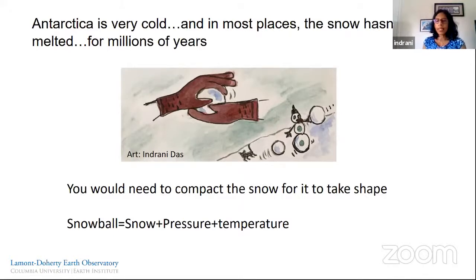What is a snowball? Basically, you pick up a lump of snow from the ground, you take it in your hands, and then you compact it to make it a snowball. What you essentially do is apply pressure such that you drive out all of the air contained in between the snowflakes, with the pressure and with the temperature. You are compacting it such that the grains coalesce and take a shape that you can make a round ball out of, and it holds its shape, so you can throw it around and play with it.